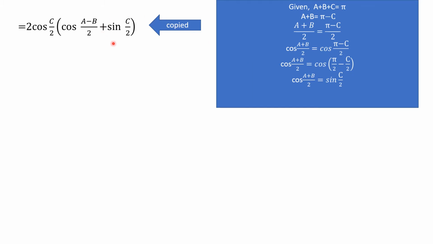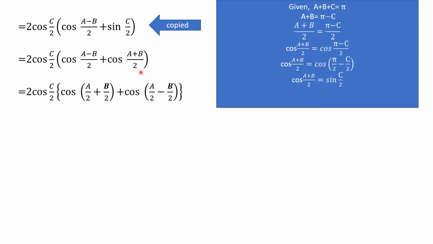So here is sin C by 2. So we can write this as cos A plus B by 2. I hope this is clear to you. Now after this, what we will do is, again here we will split LCM and here also we will split LCM to get this line. We have just arranged this portion, we have brought it at the front, and this portion we have taken to the back.